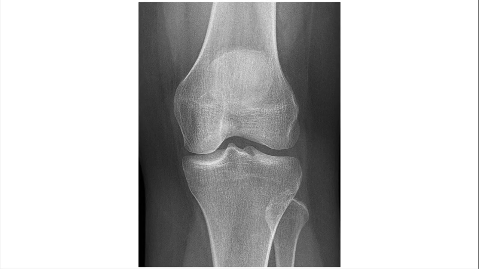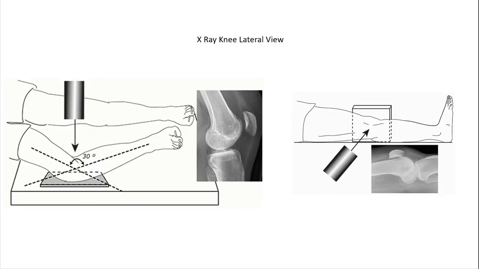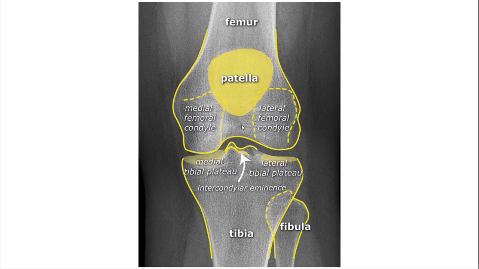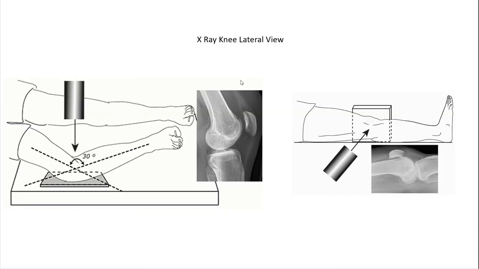We will see. I will show you X-rays of osteoarthritis also. So okay, then there is the lateral view. Now why do we need to do the lateral view? To visualize the patella and the patellofemoral joint much better, because in the AP view we are only seeing a vague shadow of the patella, whereas in the lateral view I will show you a larger X-ray.